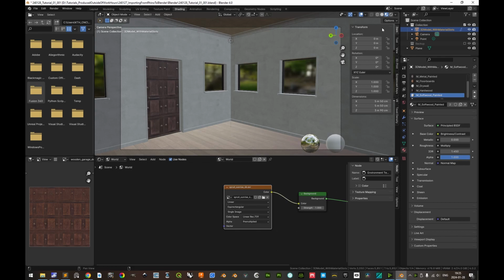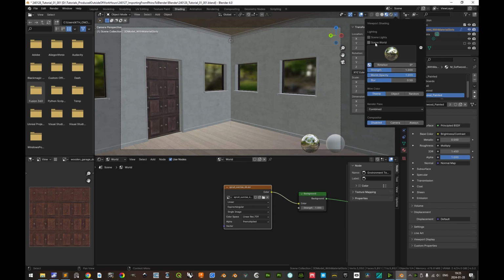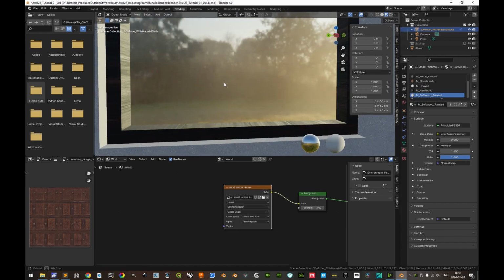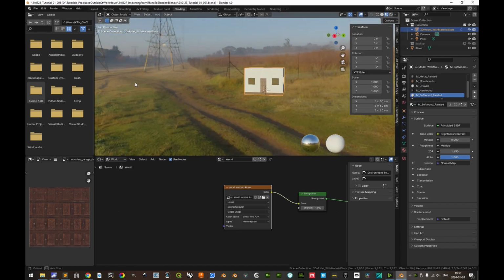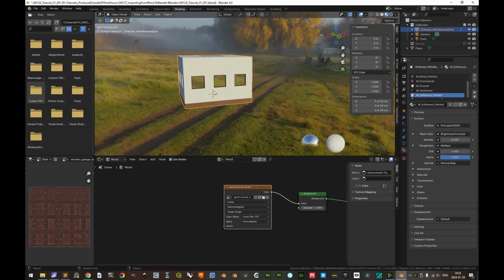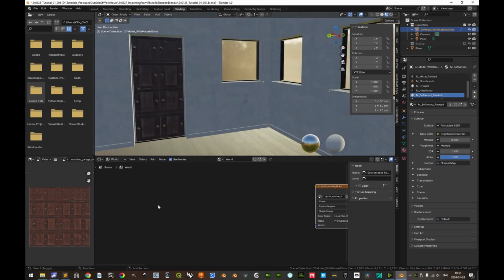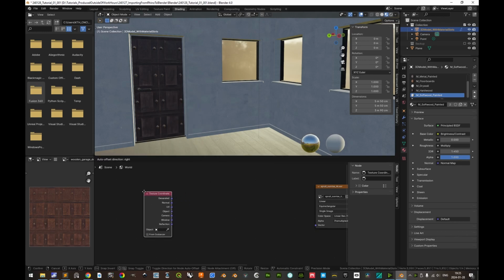And hook it up there. We don't see anything as of now. If we click this small arrow and do Scene World, then we now see our downloaded HDRI and how it affects the lighting here. To be able to rotate it, we'll do Shift A and do Input, Texture Coordinates, and